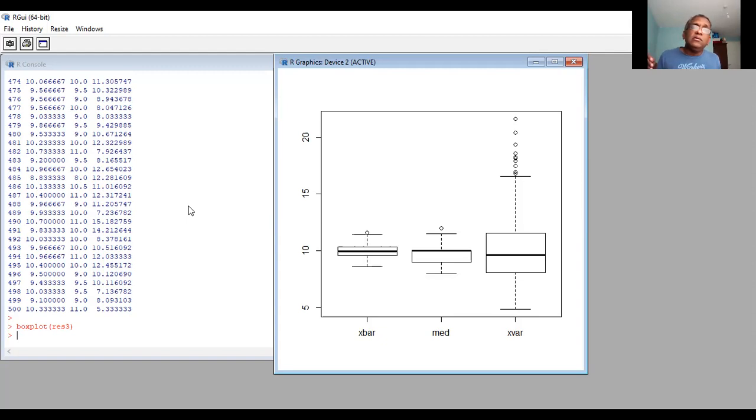Remember, Poisson can only take integer values like 0, 1, 2, 3, etc. So the sample median has to be equal to an integer value or half an integer value. So that's why you see in the middle column,